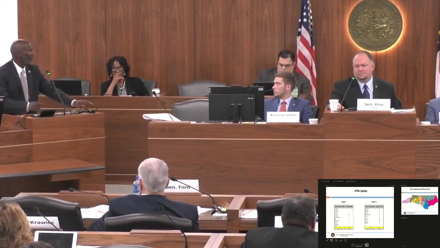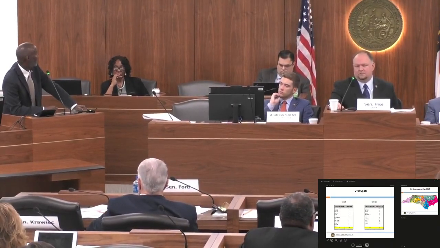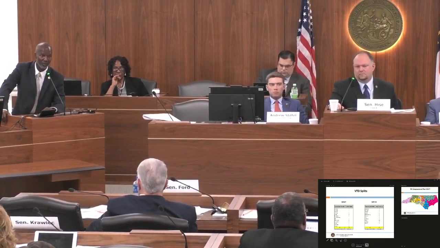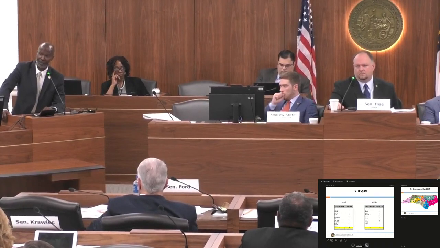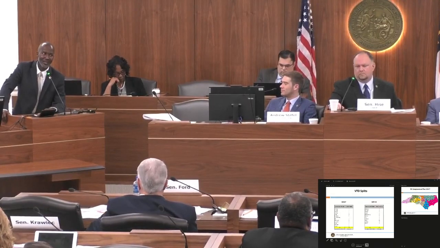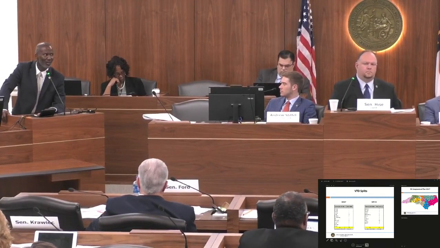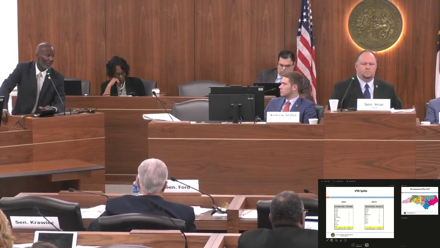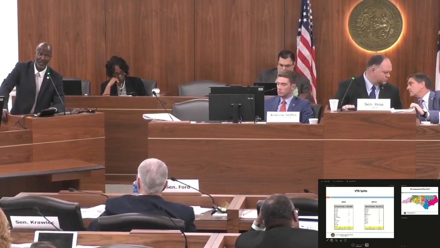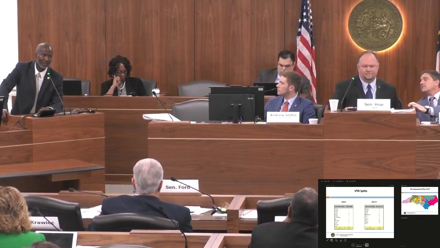But as we all know, there are compromises that have to be made in this process. Sometimes you may have to split a municipality that you don't want to. Sometimes you may have to split a VTD that you don't want to. Sometimes you have to mess up your pretty map in order to balance the population. Stuff happens. It's an easy process, but a complicated one, trying to do the right thing. And that's all I tried to do. I tried to do a map that the citizens would look at, and not just this committee, but the folks out there watching this on TV today, they would say that this is a good map.